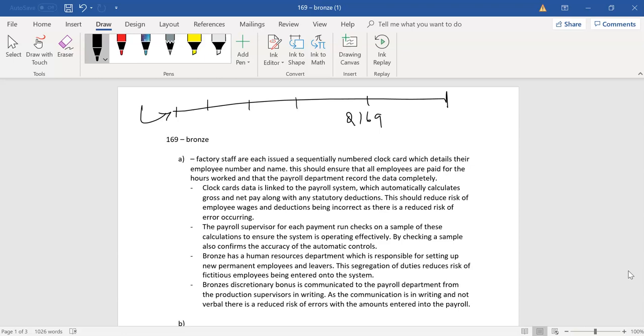We're really discussing the integrity of that system, from bringing people into the system right through managing bonuses and sick pay. Anything you can think of, at all the junctions in the system, to make sure people get paid the right amount, even reviewing after the people have been paid. So let's look at what you've said. You talked about them being issued with a sequentially numbered clock card, which makes sense. These clock cards are linked directly to the payroll system. These are the sorts of junctions you want to be checking.